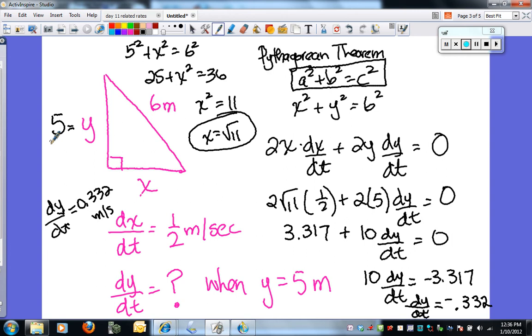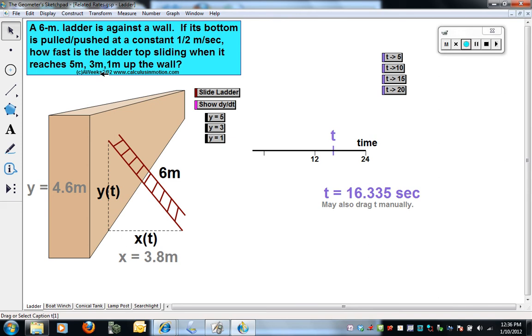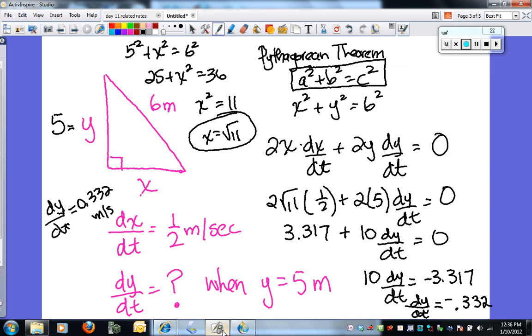Now that is only the case when y is 5. So if we were going to try it again when it's 3 meters or 1 meter, we have to see if our rate would actually remain the same. So why don't you take a moment and pause this, as I'm going to pause it because someone just walked in, and try the exact same problem, but this time